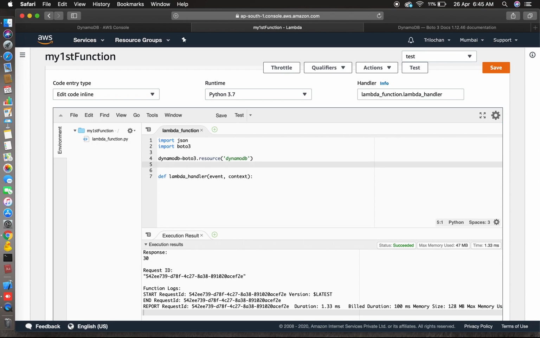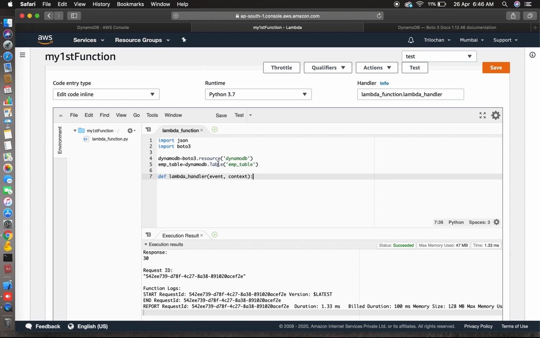Then we'll select the employee table. employee_table equals dynamodb.Table, and we select the employee table that we created in the DynamoDB console. So now we have initiated the employee table.